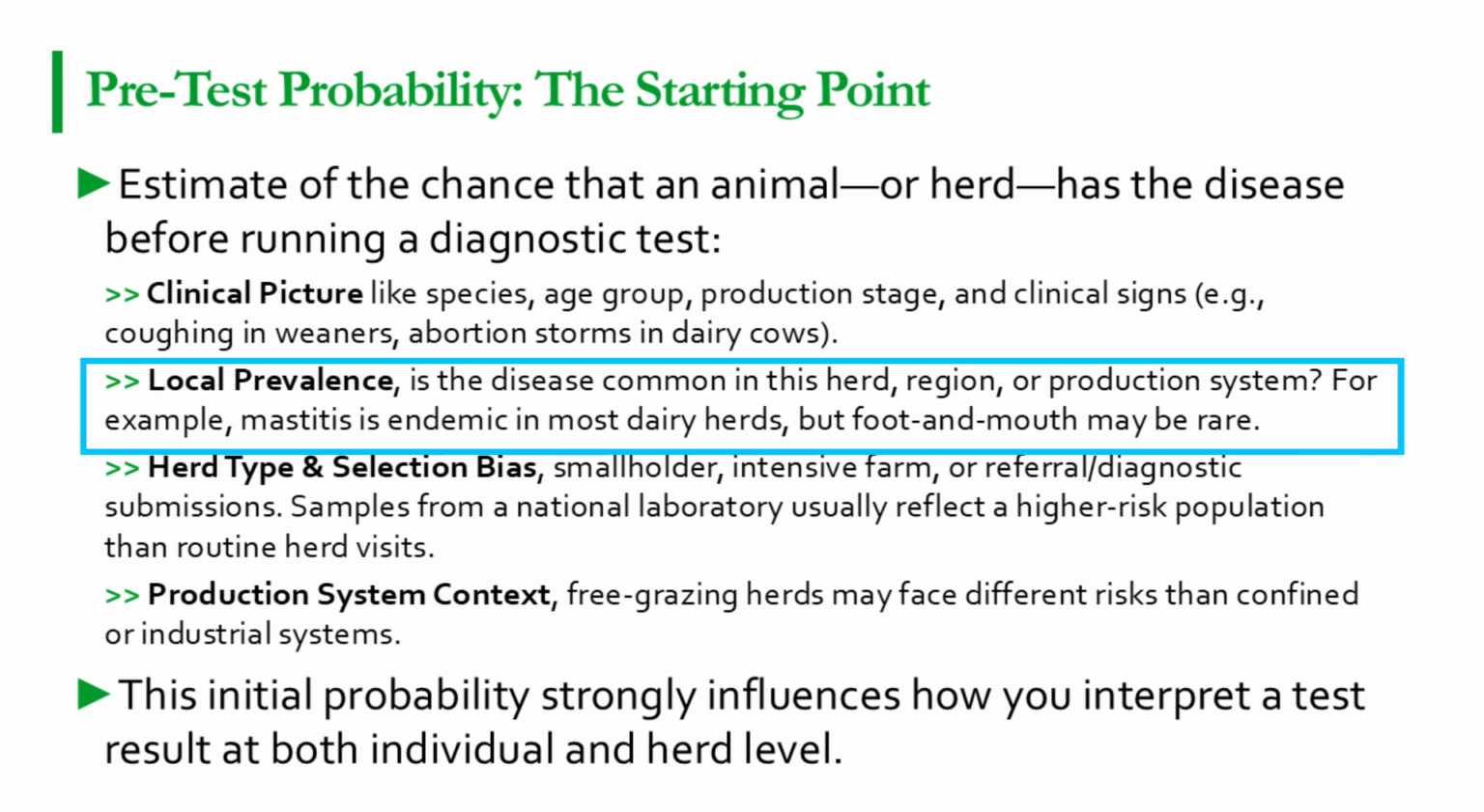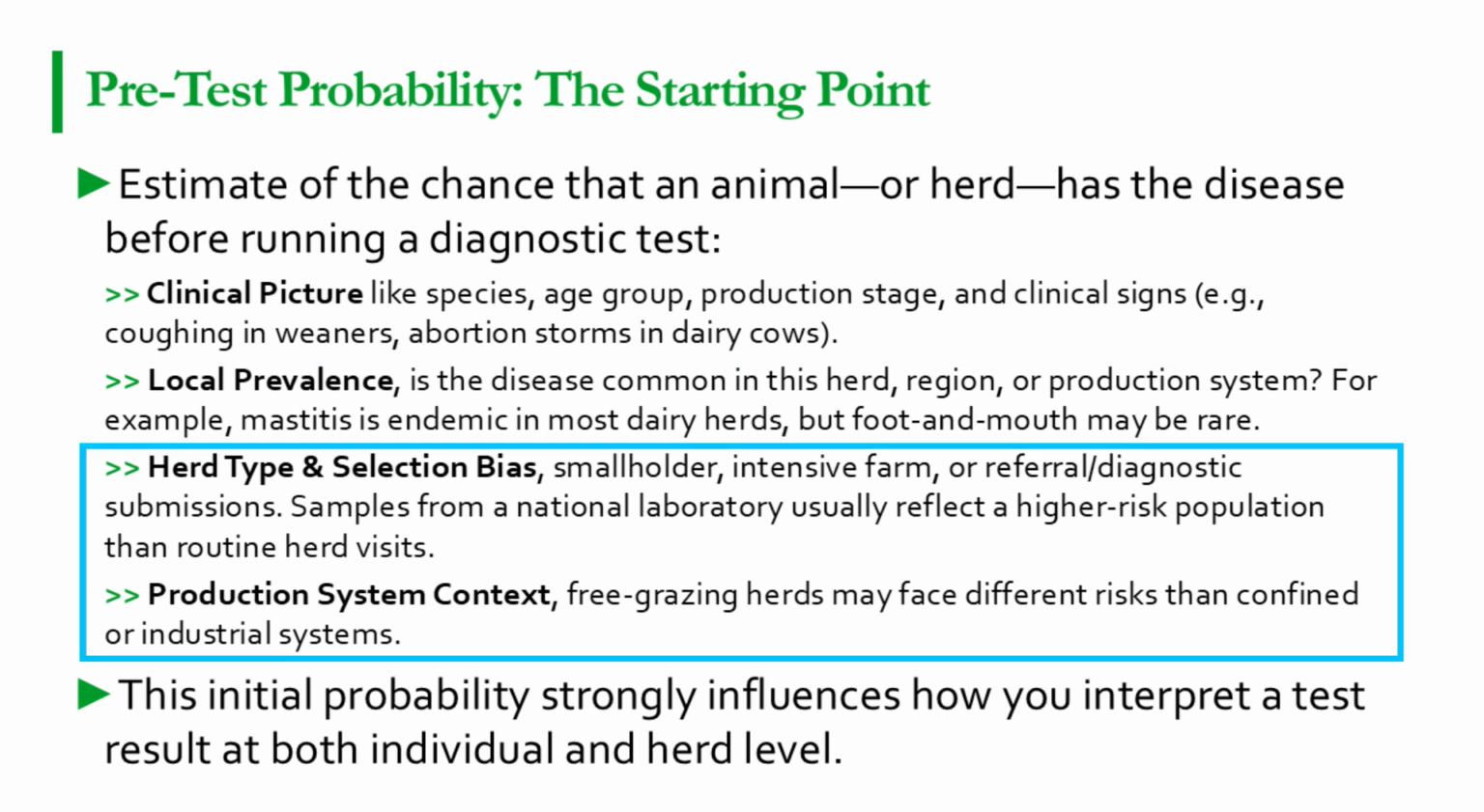Second, think about local prevalence. Is this disease known to circulate in the region, or is it a rare exotic? For instance, a sudden vesicular lesion in cattle in an FMD-free country is viewed differently than in an endemic area. Third, we must consider herd and referral bias. A farm submitting samples to a reference lab has already been preselected for higher suspicion compared with routine surveillance in